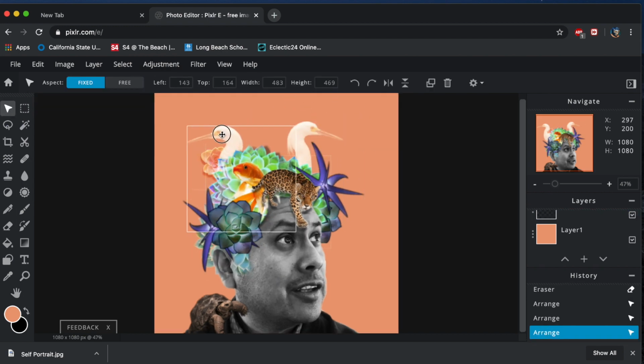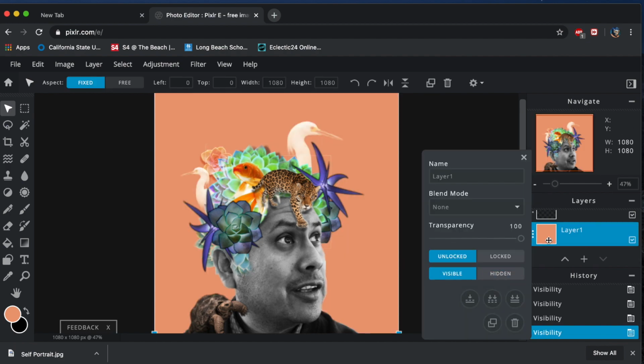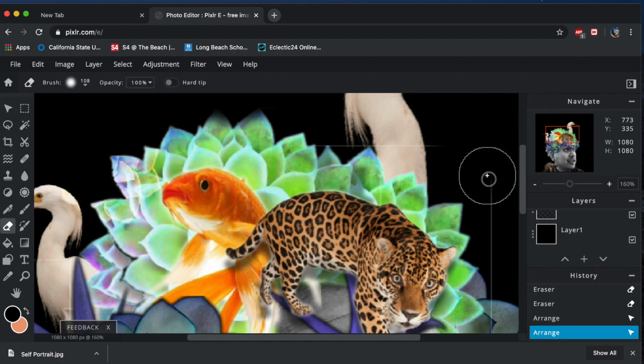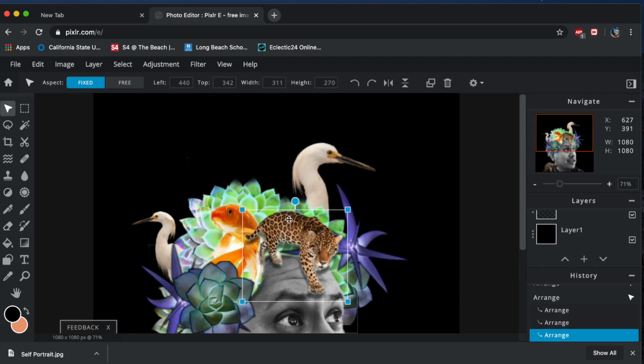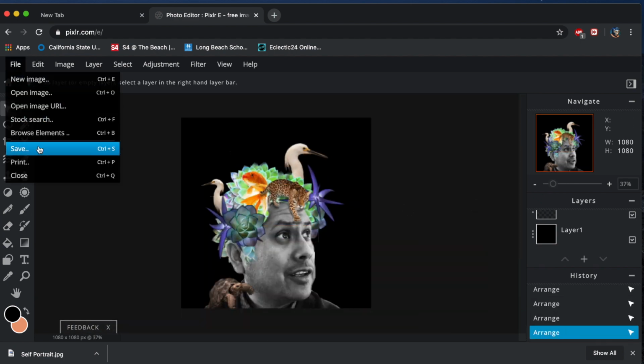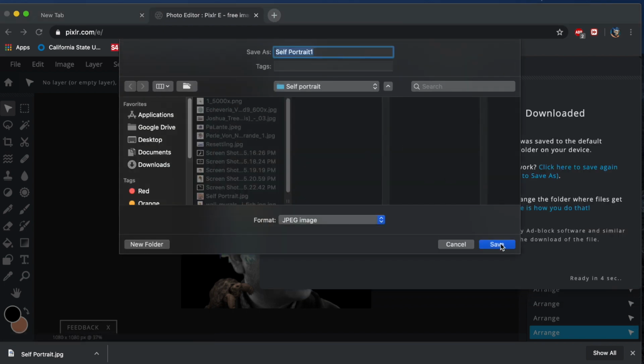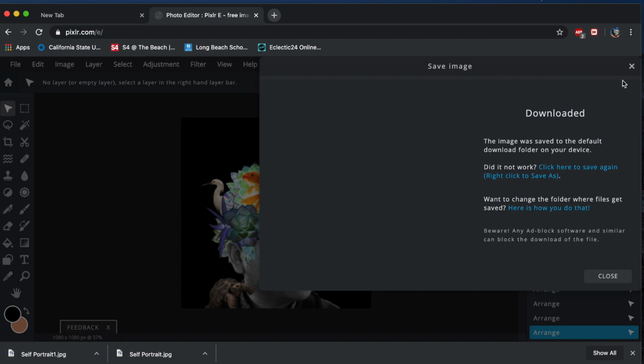What I'm going to do next is actually change the color of my background, because I think working with black will make everything pop and create a stronger sense of contrast with the images that I've chosen. And one thing I do want to remind you, make sure you save your self-portrait tidily, save it as a JPEG, and download it to your desktop so you have it ready to upload with your